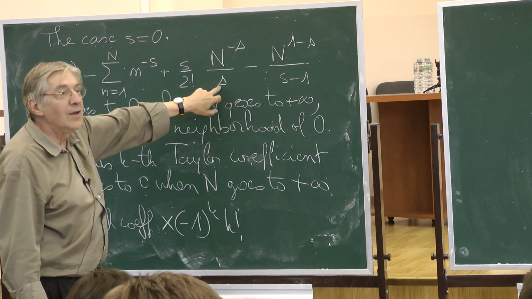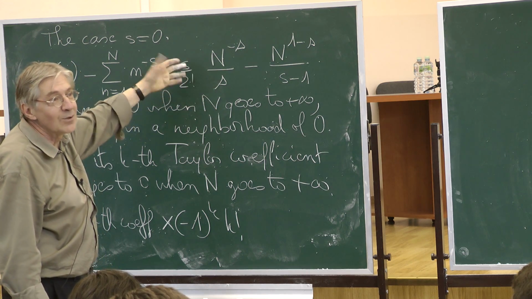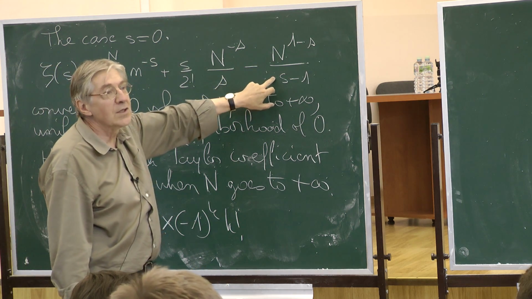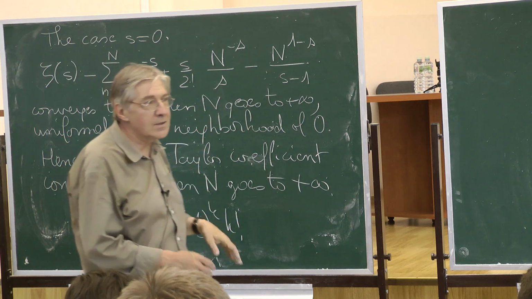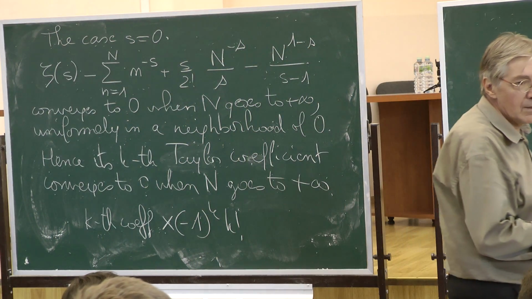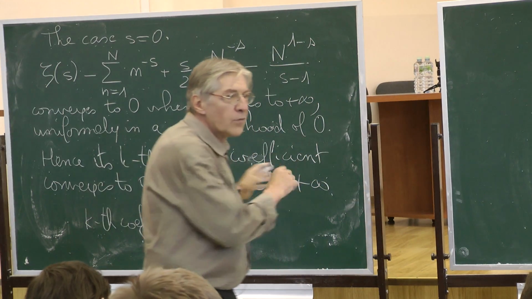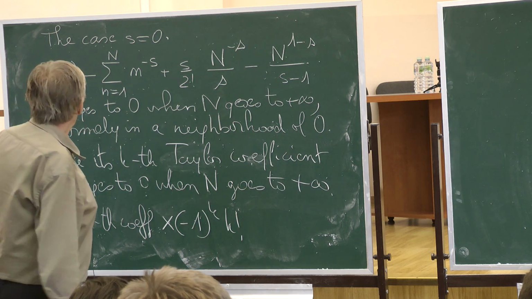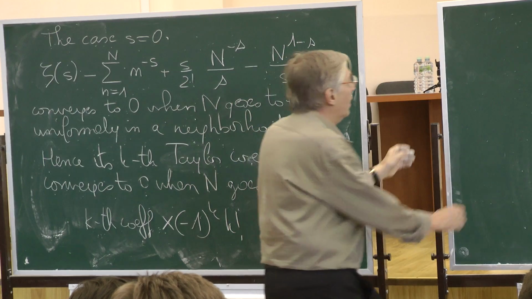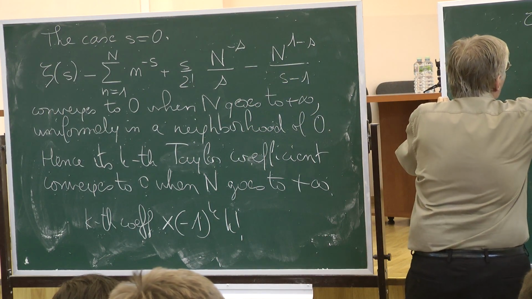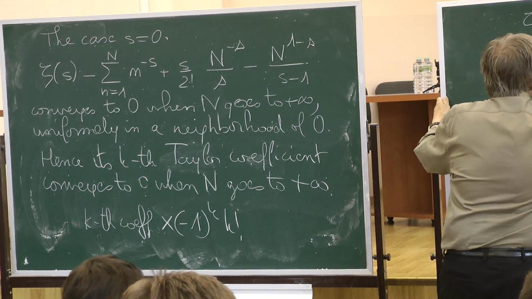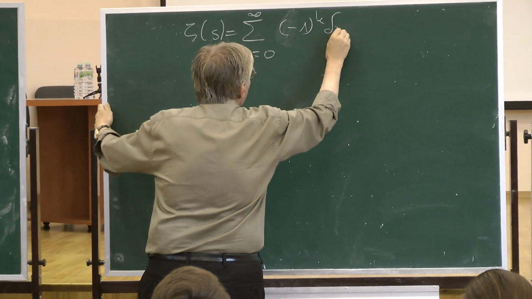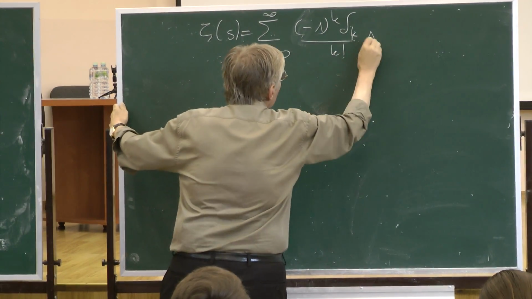Here I have a priori an s in the denominator, but since I have also an s in the numerator, in fact they cancel each other and I have a holomorphic function. And here also this function is holomorphic at 0. Therefore I do not have to group terms together; I can compute the Taylor coefficient for each term separately. So let us try to do it for zeta. By definition, I had said that zeta of s, I write it as the sum for k going from 0 to infinity of (-1)^k delta_k divided by k! times s to the power k.